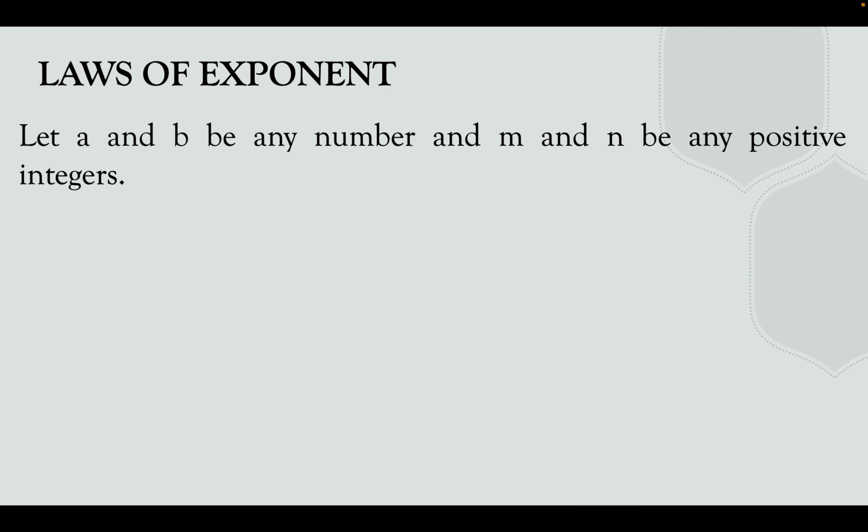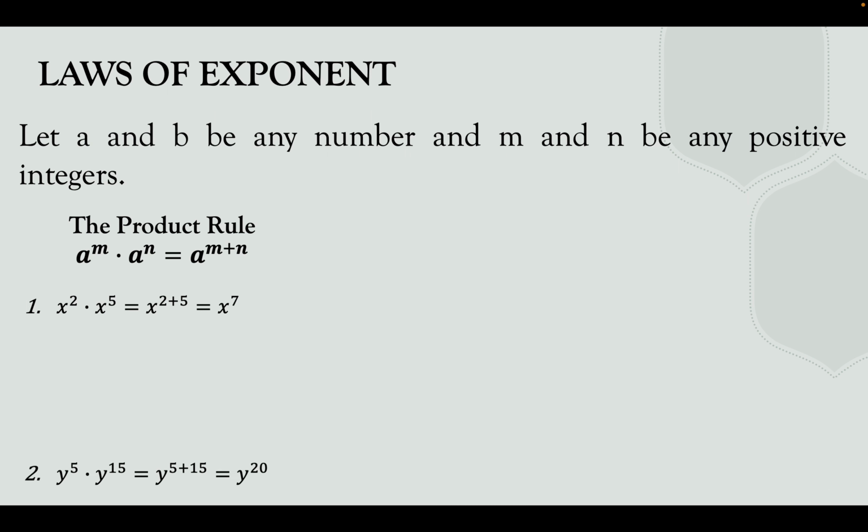Okay, to recall more about the laws of exponents, let's have an example for each law. For the product rule, if you have x raised to 2 times x raised to 5, since you have the same base x, you just add the exponents 2 plus 5, so we have x raised to 7. Number 2, we have y raised to 5 times y raised to 15. Since you have the same base y, you add the exponents 15 plus 5,